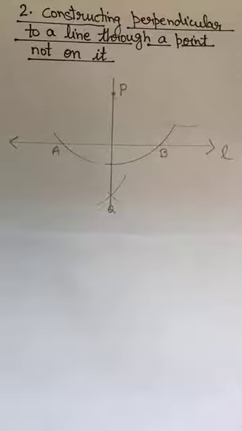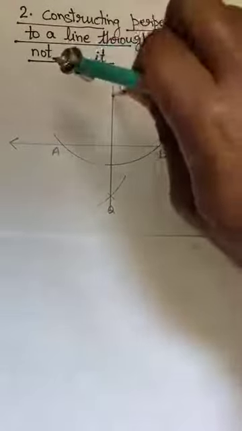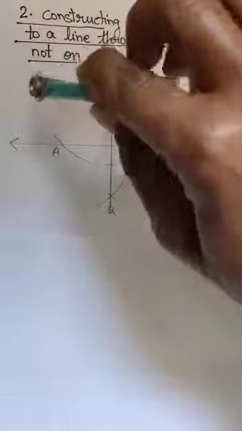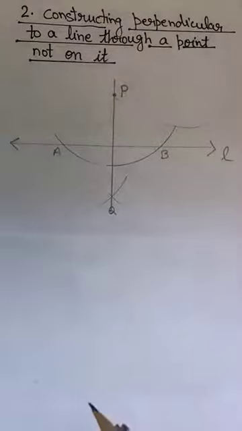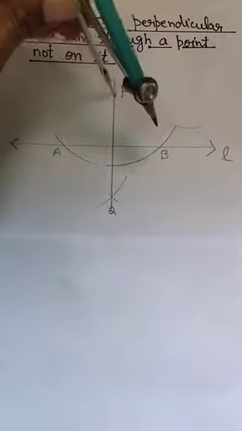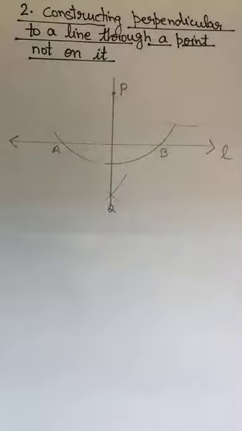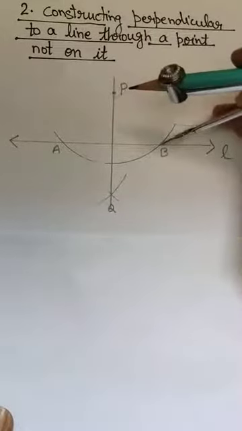Now with P as a center and taking a suitable radius, draw an arc which cuts line L at 2 points, say A and B. Okay? We placed the compass at P and drew the arc in this way so that it will cut line L at 2 points A and B. Now open your compass more than half of AB